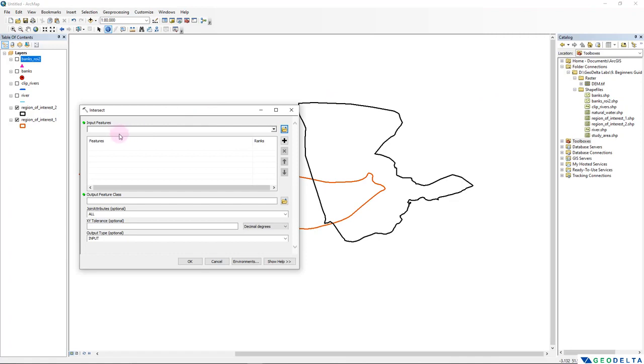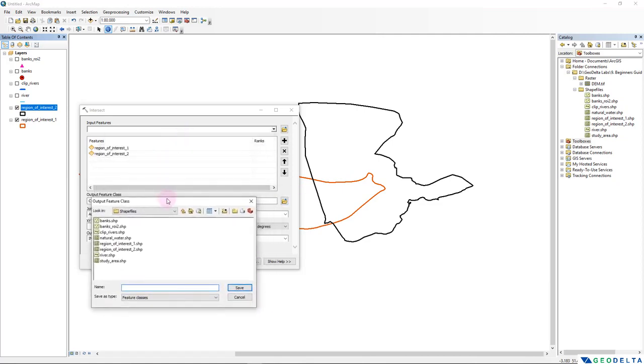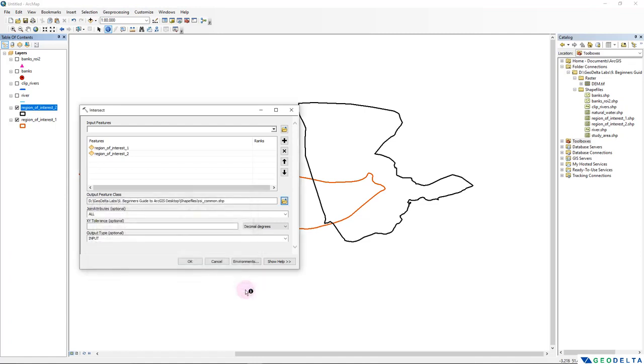And after that, I will specify my input features. Now over here, for the intersection to happen, I have two input features, of which the first is the region of interest 1, and then I also have the region of interest 2. So these are the two layers which will get blended together, and it'll extract only the spatial areas which are actually common to both of these different layers. And again, I'm going to specify the output to be region of interest common like this, and I will save that, and I'm going to leave the other settings as default, and